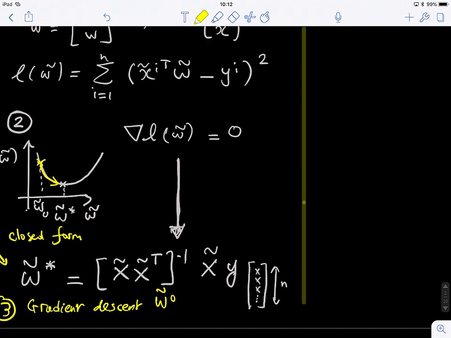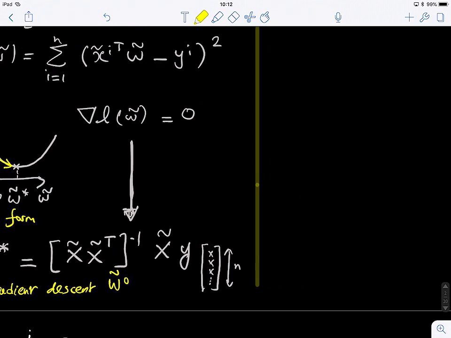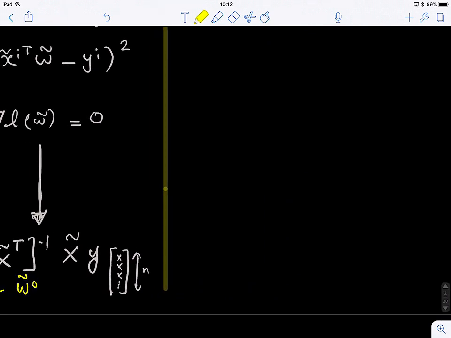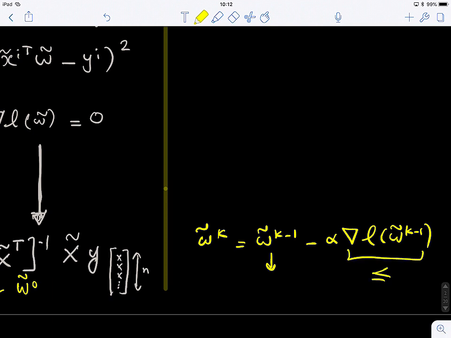Okay, so I'm going to write it here. So maybe right there. Okay, it's okay. So we have W_k equals W_{k-1} minus alpha, and here I'm going to put the tilde, minus 1. And you will iterate this, you will solve it step by step. So you have several iterations until your gradient is smaller or equal to an epsilon, which is usually a very